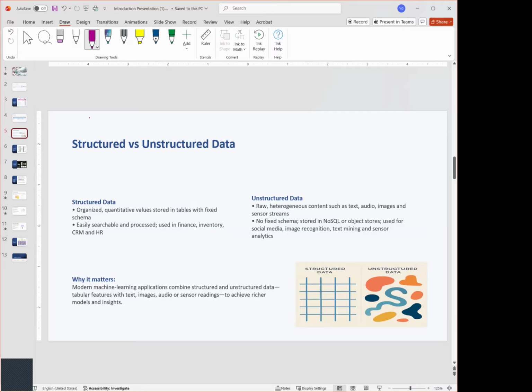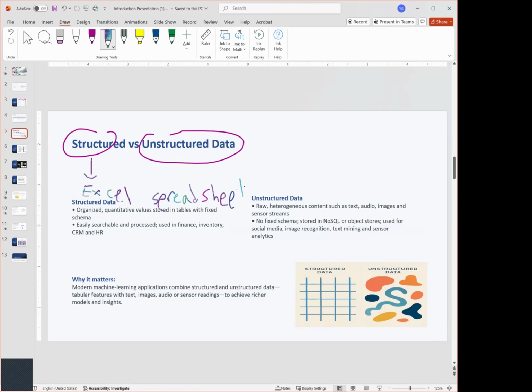Now, the difference between structured and unstructured data set. Let me explain. A structured data set is like an Excel spreadsheet. I'm sure all of you are pretty familiar with Excel. If you use Microsoft Excel, that's an example of a structured data set.